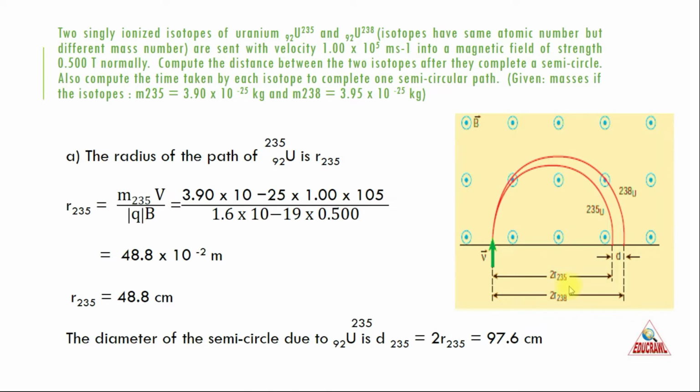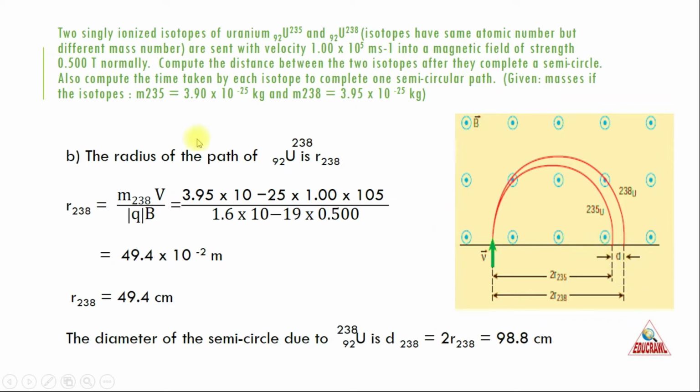That is 2 into radius. 2 into radius means it is the diameter. Diameter of 235 and diameter of 238. So diameter of 238 minus diameter of 235 will give you the distance between the two isotopes after they complete a semicircle. So similarly, we have to find the radius of path of